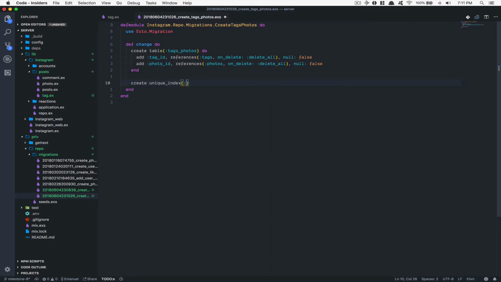Here I'm going to say the name of the table, so tags photo, and inside this I'm going to do tag ID and photo ID. What I mean by that is, by doing this unique index, I'm sure then that my photo cannot have 20 times the summer tag or something like that. So now by doing this new migration, when I run